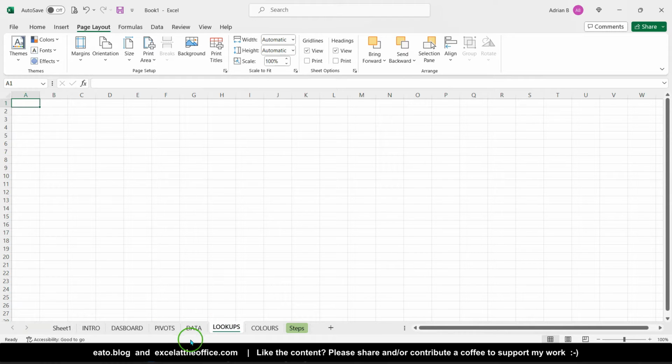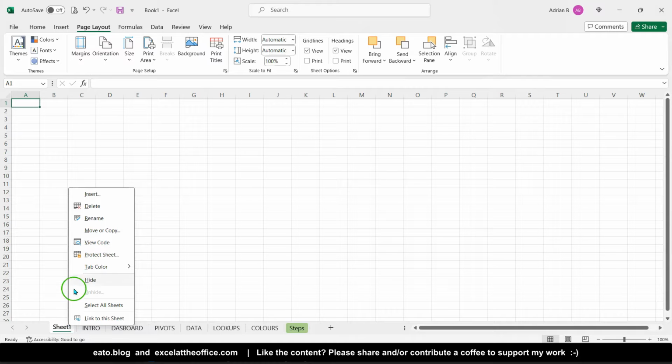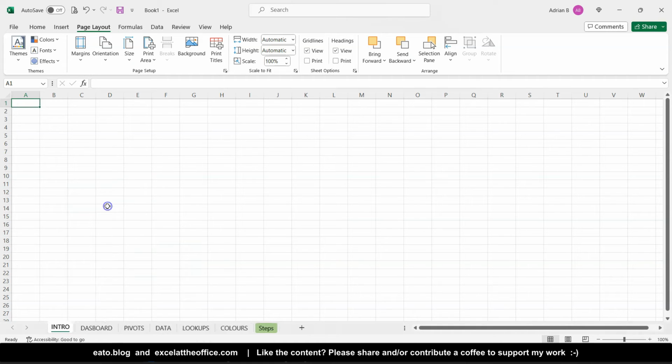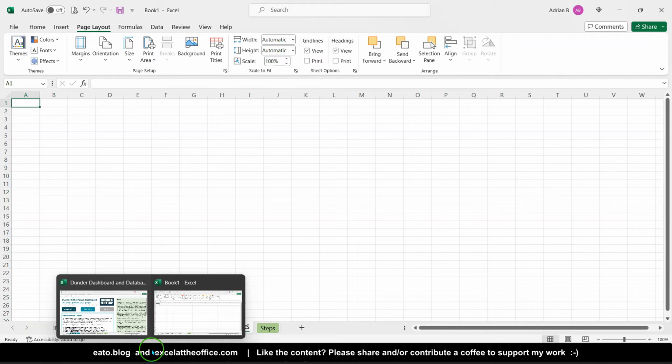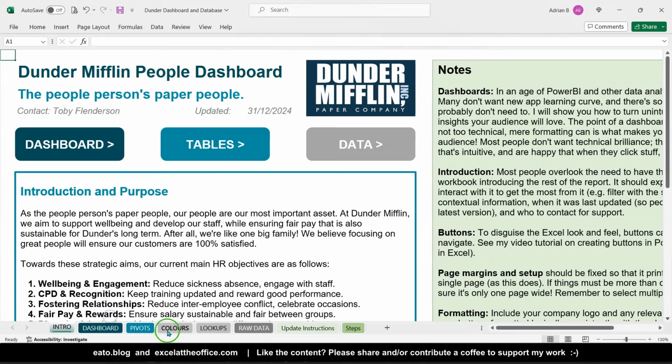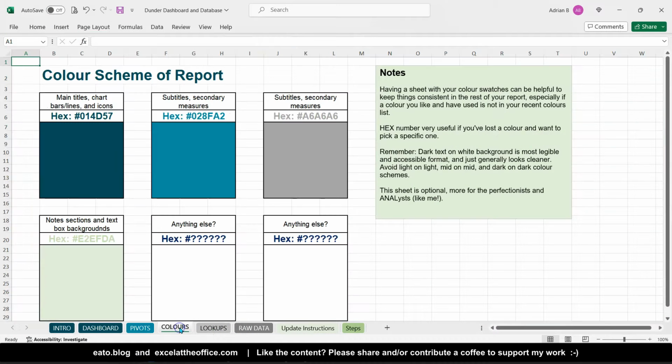So there's my tabs. To change, I can delete items, so I no longer need this sheet. Rather than hide it, I'm going to properly delete it so it doesn't exist. I'm going to create my color schemes. So I'm going to use a bespoke color scheme, as I've done here, where I've formatted my color scheme of